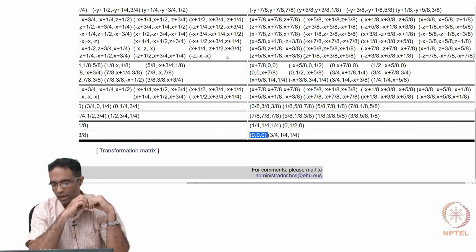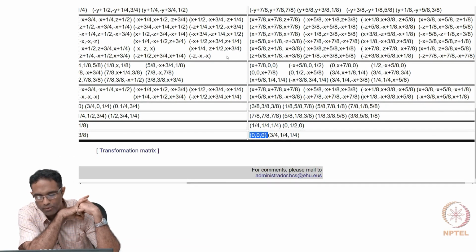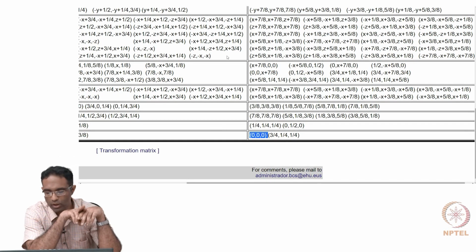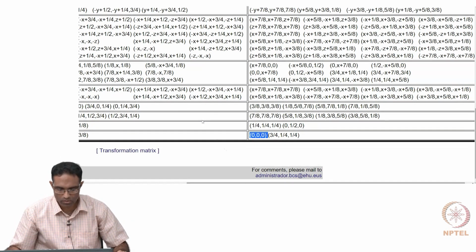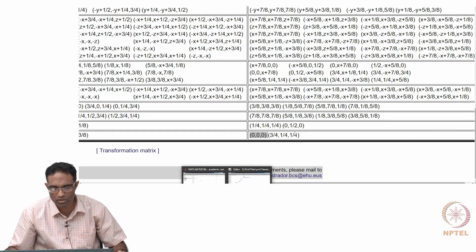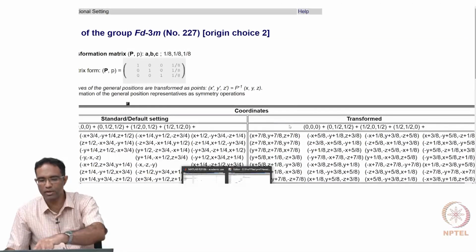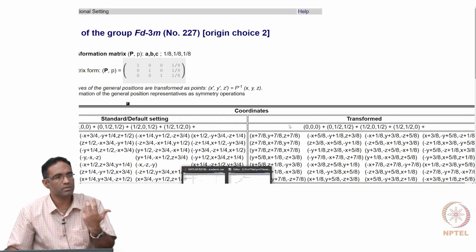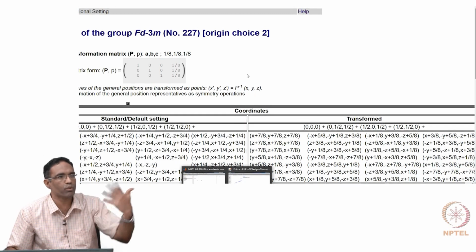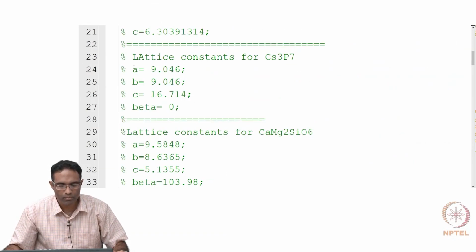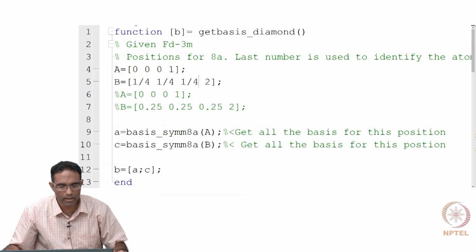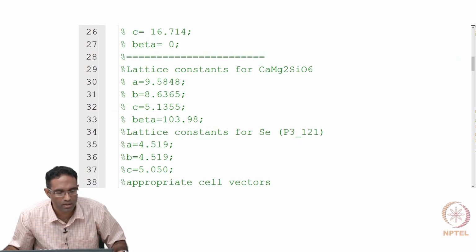Three by four, okay. Diamond cubic is 1/4, 1/4, 1/4. There is an atom at 1/4, 1/4, 1/4, and you are telling me that here it is 3/4, 1/4, 1/4. You put 1/4, 1/4, 1/4 or 3/4, because when you add this half here, all these things will automatically generate that 1/4, 1/4, 1/4 that you are talking about. So it doesn't matter. So I go to my get basis command, instead of 0, 0, 0, 1, okay, 0, 0, 0, 1, quarter, quarter, quarter, 2, and if I click run,